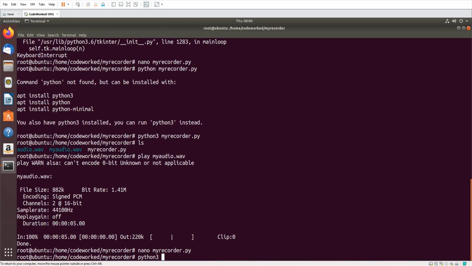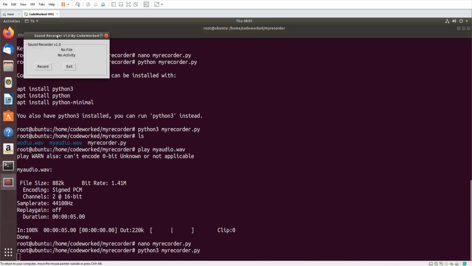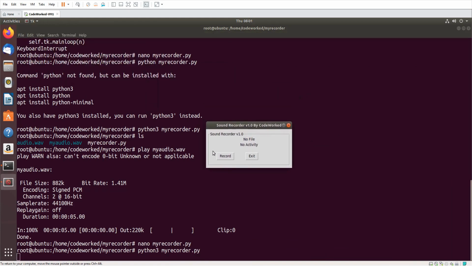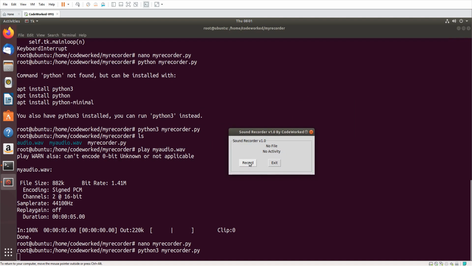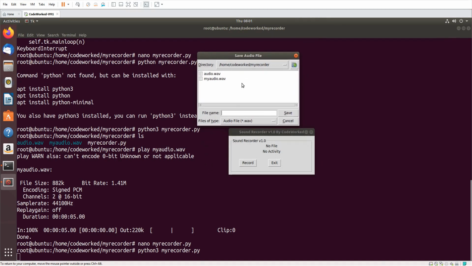Let's run it, my recorder.py. Please watch carefully. I'm going to click this button, record. Now I will create another file. Let's call it sample. As soon as I click the save button, you will see these two labels updating.